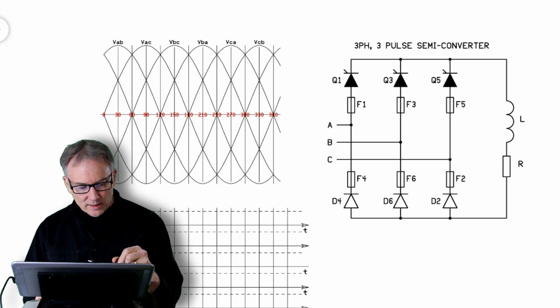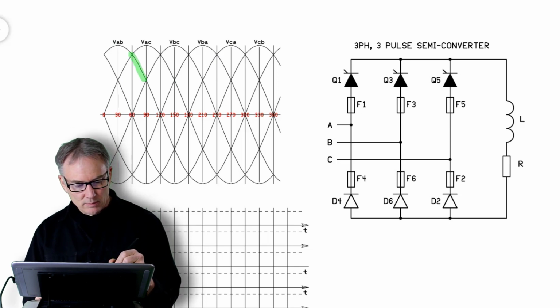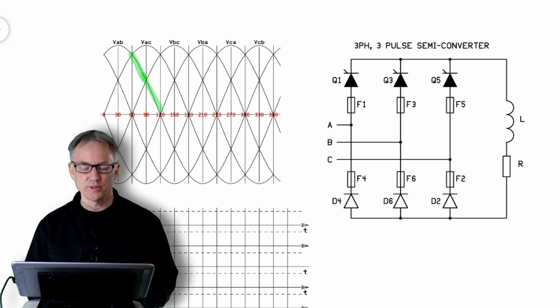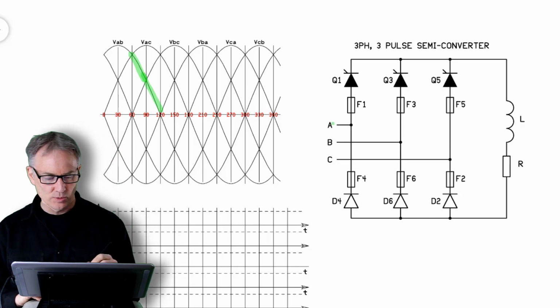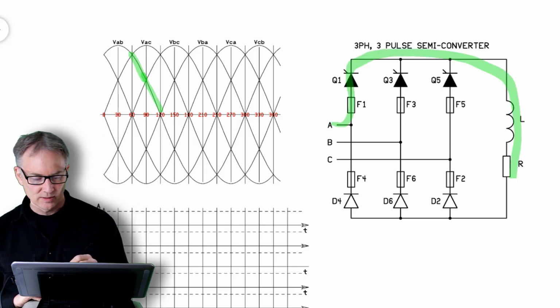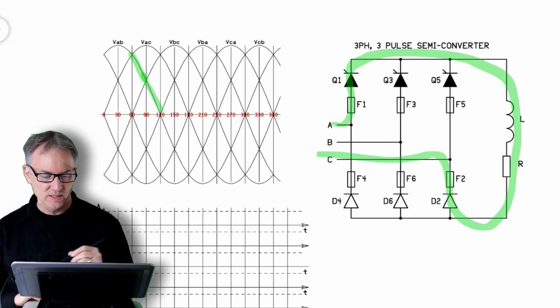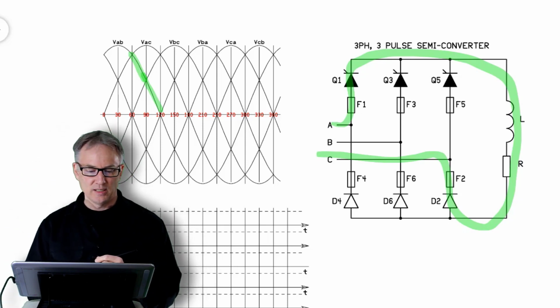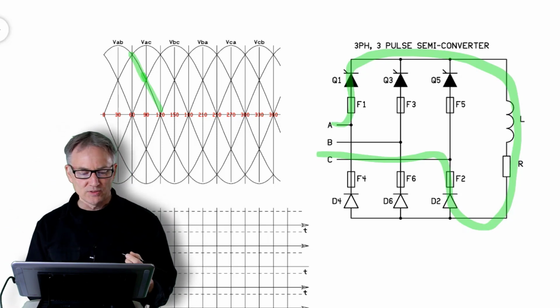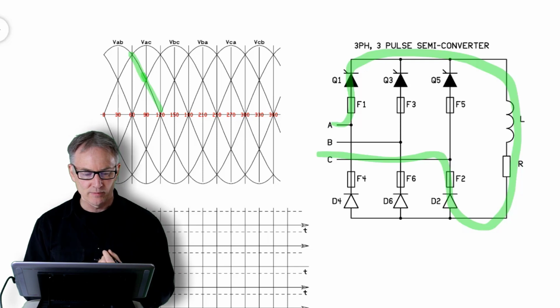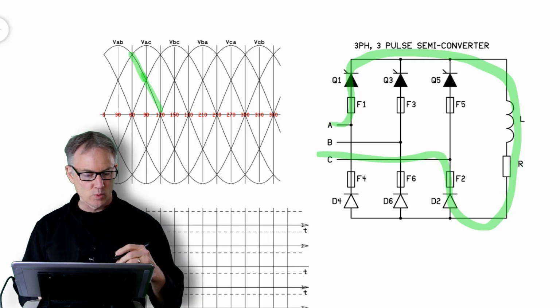So now I'm going to wait till 60. Here I'm following this, but now I never actually end up on any other diode than C. So the whole time I'm firing at 60 degrees, phase C is the only device that's going to be negative until such time as I follow up with,